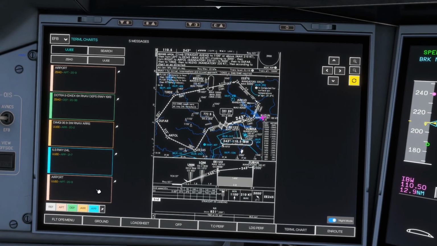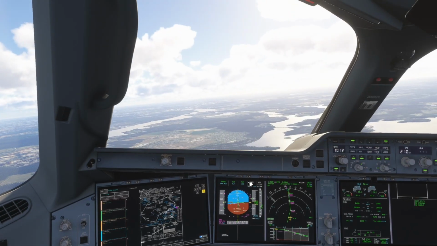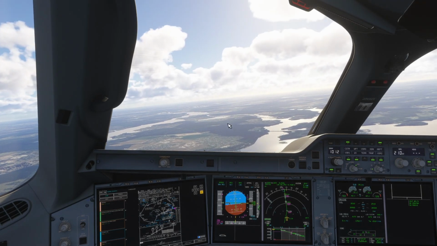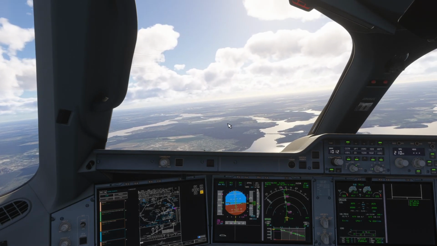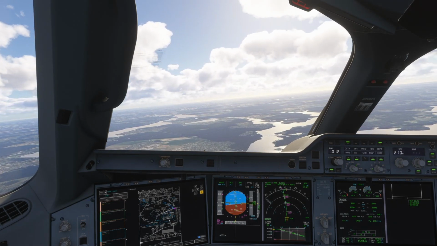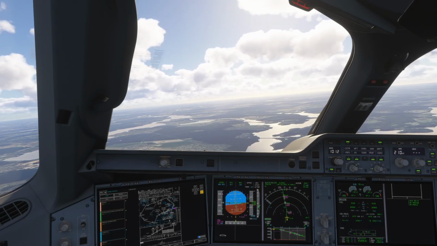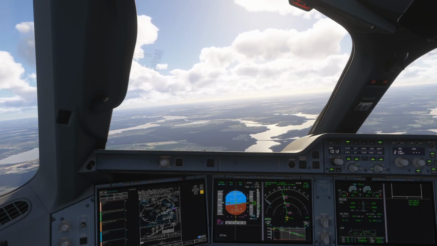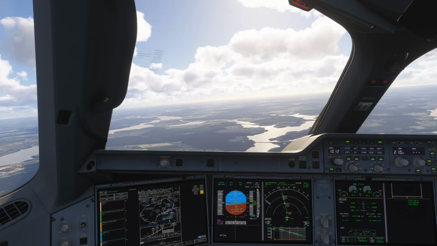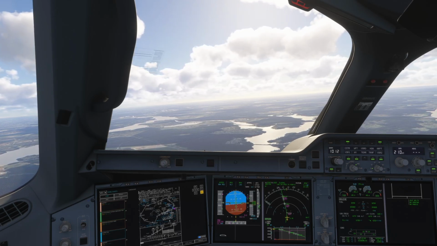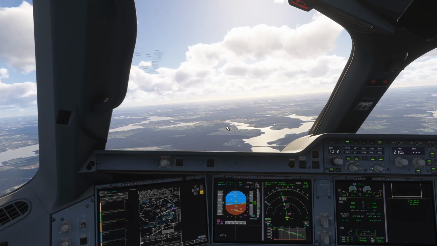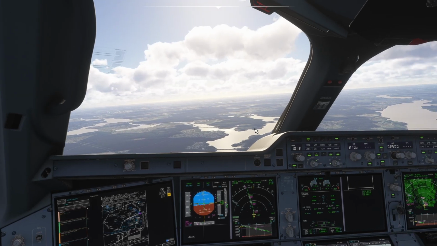And once again, we're not using BTV, so you won't see the navigation display zoom into the airport because, again, stutters, performance loss, and risk of a WASM crash. So I am not risking it today. Probably when I get a better system, which is very far from now.